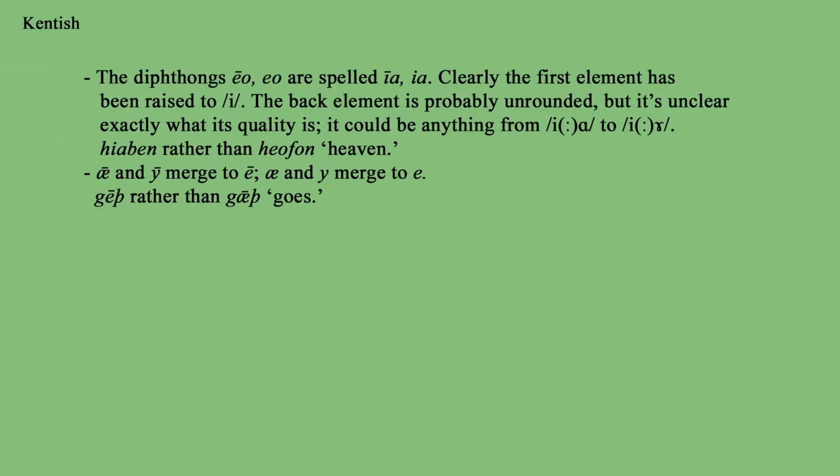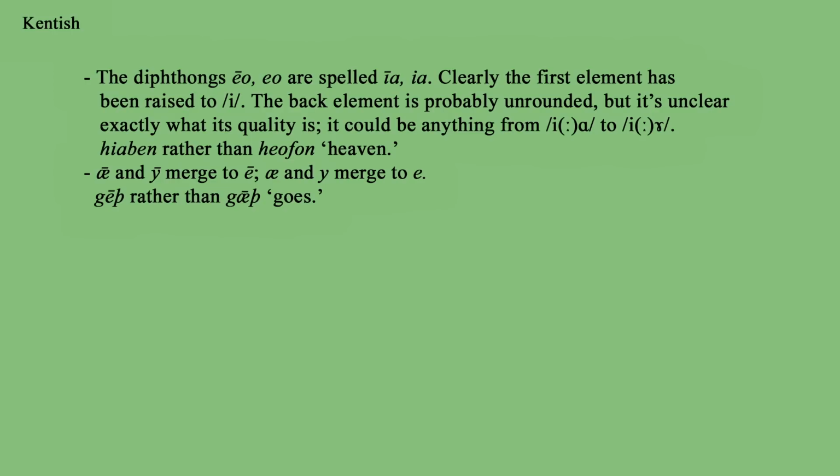And finally, Kent, even though it was the smallest of the four kingdoms, it did have distinctive features of its own. So for one thing, by the late Old English period, the diphthongs eo and eo are often spelt like this. And if we take this at face value, it seems like the first element has raised from e to e, which is a very common sound change, and the second element has unrounded, so you no longer pronounce it with rounded lips as you do with e or. So it might have unrounded to something like r, although the exact quality is harder to pin down.